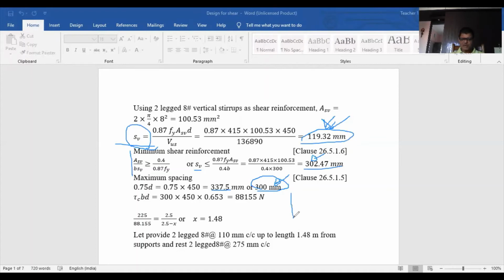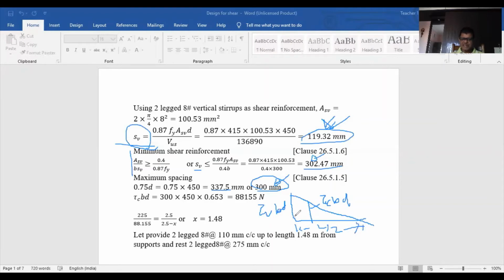What you have to do now, we have explained also in the theory, if you refer to the earlier YouTube lectures, that this is your tau V bd, and this is your tau C bd. So this value you have obtained. Now this is L by 2. At the center, the shear force is equal to 0 in case of a simply supported beam subjected to UDL.